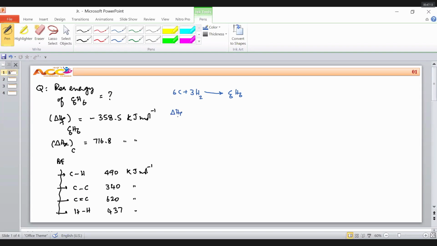Enthalpy of formation of benzene, this is called the theoretical or calculated value, is equal to enthalpy of atomization of carbon 6 times plus bond energy of hydrogen 3 times, minus